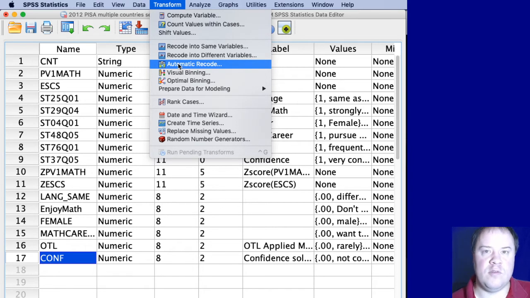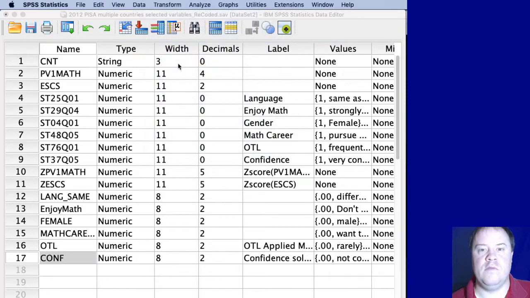And what it's going to do is take the existing variable and alphabetize it, and then take the first one in alphabetical order and apply a 1. And the second one in alphabetical order gets translated to a 2, and so on until it is done. And there's only 4 countries. So if we go to automatic recode,